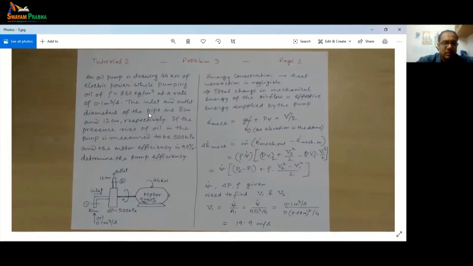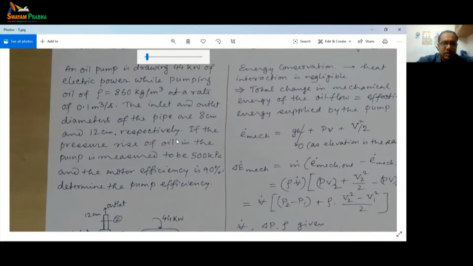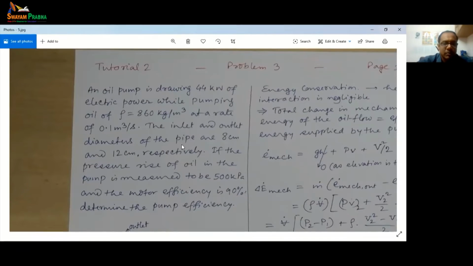Okay, so here what we are going to talk about is again conversion of energy. In the first two problems in this tutorial we looked at a single form of energy, where electrical energy is getting used or some heat energy is getting transferred to a system. Here we will see different forms of energy getting converted between each other.